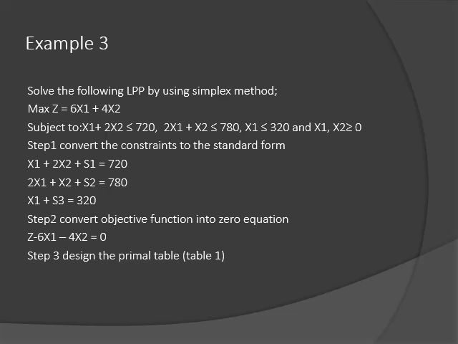So this problem deals with 2 decision variables, x1 and x2, and the parameter for x1 is 6, which indicates the profit of 1 unit of x1, and the parameter of x2 denotes the profit of 1 unit of x2,